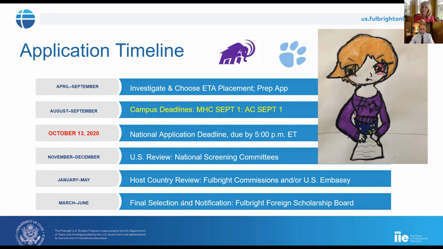And as we all have learned recently, there's almost nothing you can't do virtually. So we can interview you virtually, we can work on essays virtually. It's not a barrier whatsoever. And the Fulbright program directors tell us that statistically speaking, candidates do better and are more apt to be successful if they apply with the support of faculty or campus advisors, mainly because we can share a lot of knowledge with you from our experience of seeing successful applications go through. So we hope you do apply through your alma mater.